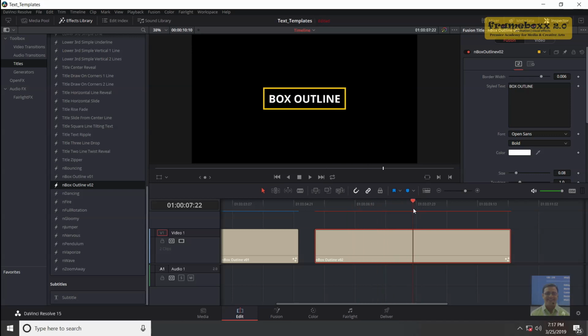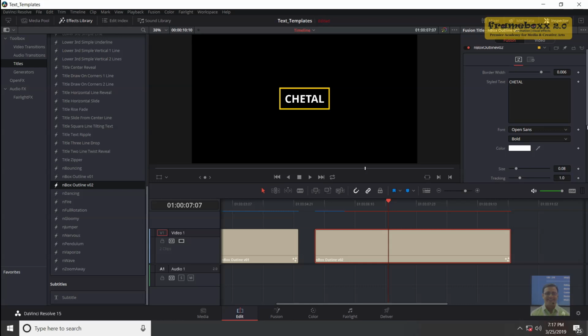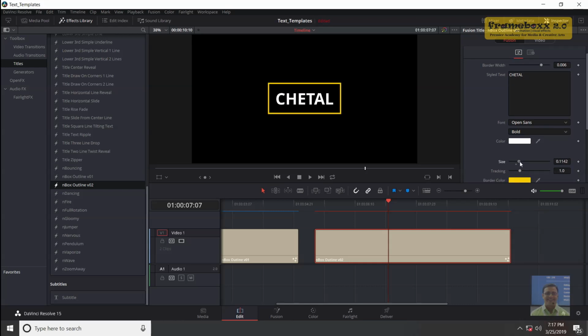Okay, work same. But now if I change, and you see the width of that box or the bounding area of that box automatically adjusts according to my text width and height. So see, if I increase the size or whatever, it automatically change. So you have to design template this way, that most of the thing work automatically. Okay, so this is basic scenario of templates.